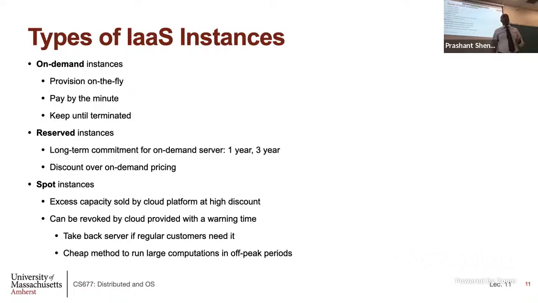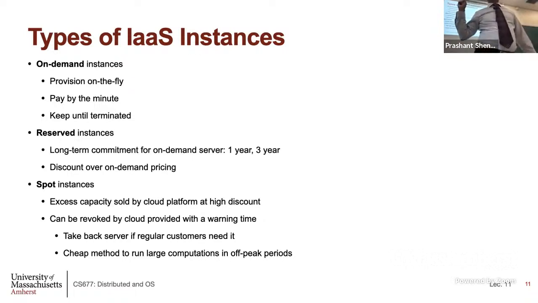There are two things. First of all, when you request a spot instance, the cloud provider may say, no, there isn't any that I can give you. Okay? On-demand, with high probability, if you ask for a machine, you get one. Okay? Because you are paying full price. Okay? Spot, they might say there is too much workload in my data center, I'm not going to give you one. So you can get a denial. Okay? That's the first thing. But even if you get one, okay, the cloud providers can actually take it back from you with a warning time. Okay?